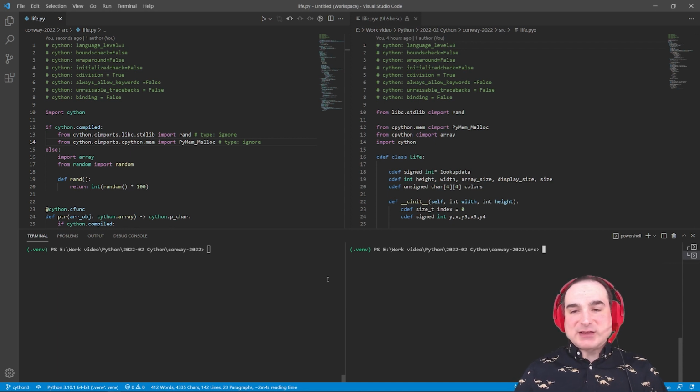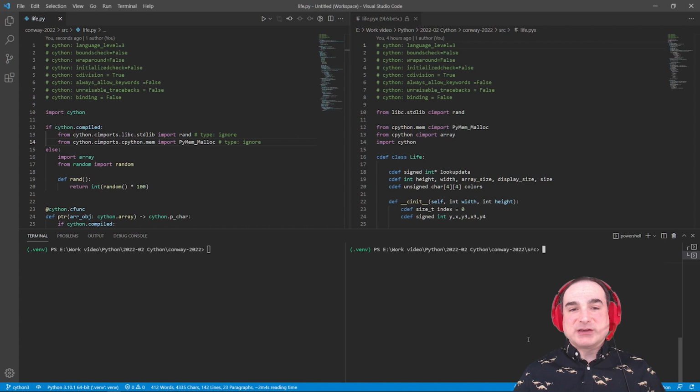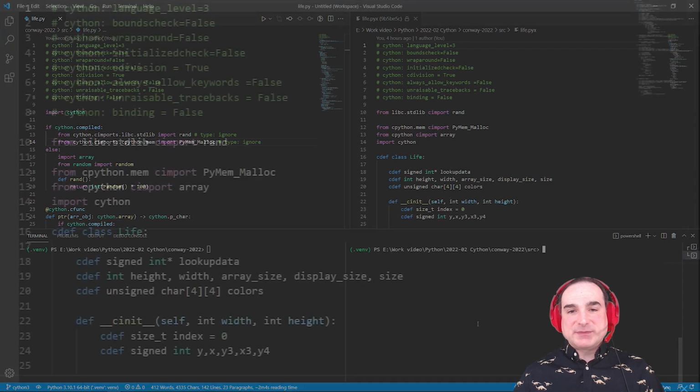This project, by the way, is a slightly revised version of the project that I used in a previous video to demonstrate Cython originally. It's an implementation of the mathematical game Conway's Game of Life, which simulates the life cycle of a colony of cells according to mathematical rules. And since it's highly math-intensive, it's a great candidate for being sped up through Cython.